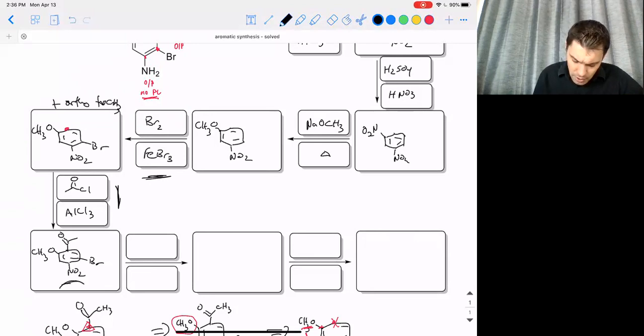Now we have to reduce this nitro group, and there's a lot of conditions that could do that. So palladium and hydrogen gas could do that. As a synthetic chemist, I recognize that bromine could also be reduced under those conditions. And some of our other conditions, like a Clemmensen reduction, might accidentally reduce that carbonyl. So we probably want to be a little careful with what we put in here. And I'm just going to put zinc metal, and I'm going to denote that it's zinc 0 to put it in its elemental form to tell us that that's zinc in its metallic state. And then I'll put a little bit of HCl here. And that should be enough to reduce this